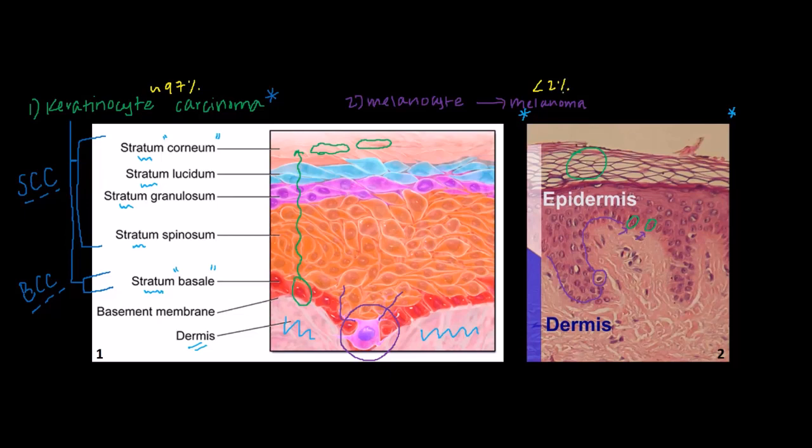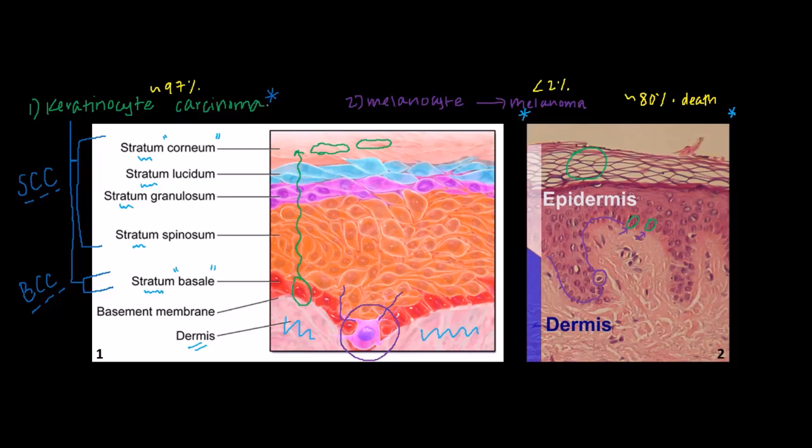But what's interesting is that the mortality attributed to each of these cancers is inversely proportional to its overall prevalence. To illustrate this, it turns out that about 80% of deaths due to skin cancer are from melanoma. So you can see that it can be a very deadly skin cancer. On the other hand, keratinocyte carcinoma is generally pretty curable, especially when it's caught early. However, that's not to say that it can't cause, in some cases, a not so insignificant amount of morbidity for patients. So that concludes our introductory video on skin cancer, and I'll just leave you with one final word,